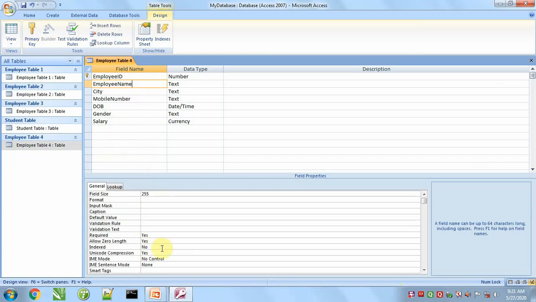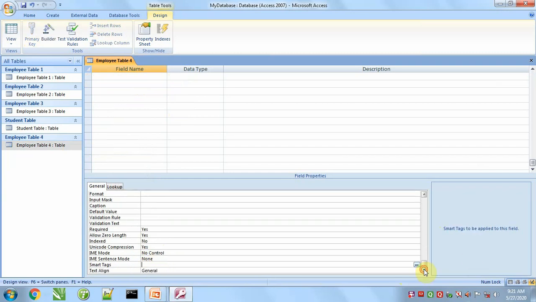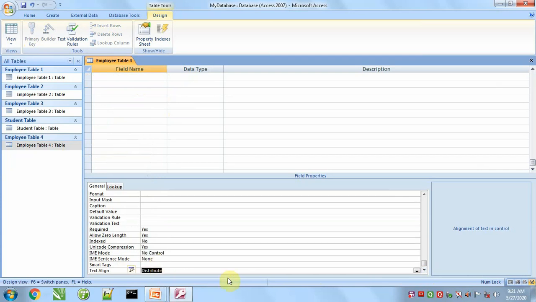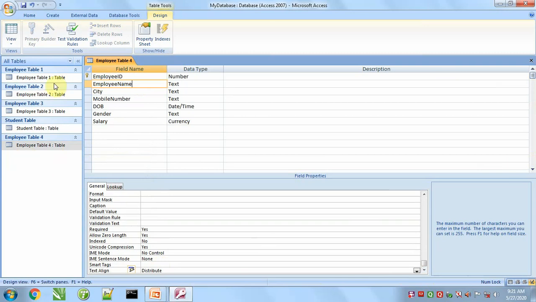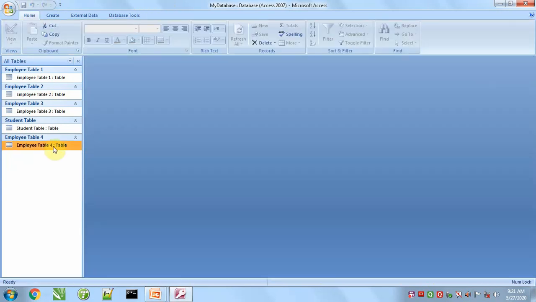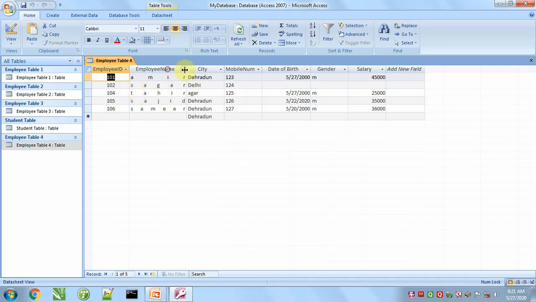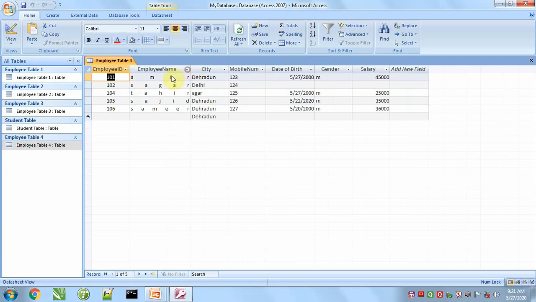For employee name, if we say distribute, we can look here, it is center aligned; distribute means it will be justified, the data will fill the entire column.